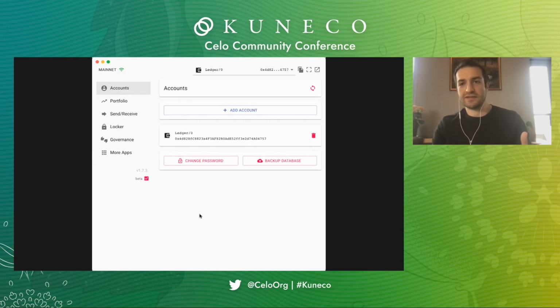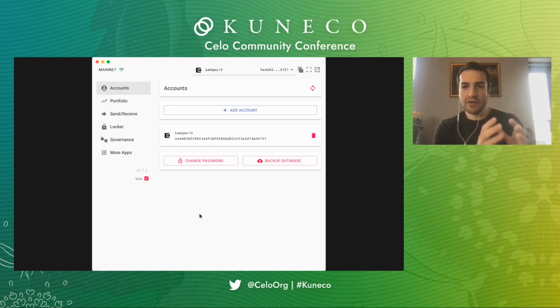So first, it's a desktop wallet, and the first question that might come to your head is why a desktop wallet when you keep hearing all these things about making it mobile, mobile wallets, getting mobile users and so on. The mobile part is great because it targets a large number of users, but we know that for dealing with either a large amount of assets or complex protocols, desktop wallets are a necessity anyway. We can't avoid this. Not everything can be done on a mobile phone for trust reasons, security reasons, UI complexity reasons, and so on. So that's why the desktop part.